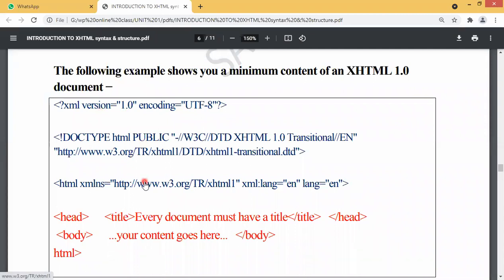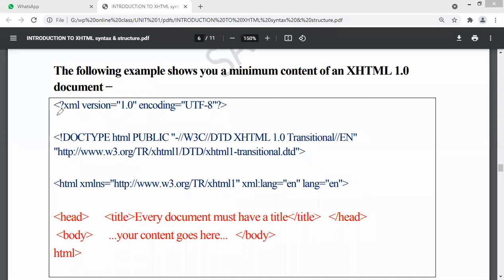These three statements are the three headers which we want to include in every XHTML file, right? So these are the three different XHTML headers. This is the first header, that is the XHTML version. This is the second header, this is the third header. Then we have to write the fourth tag, fifth tag, and then the closing of the file. So in this way, we have to write the XHTML step by step. This is the step by step procedure of your XHTML. Clear to you? Now I will explain each and every line.